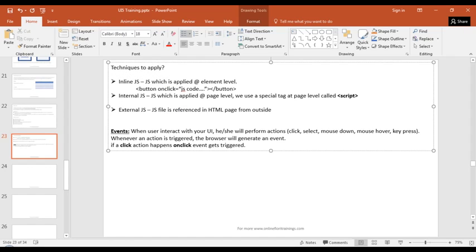So let's first have a look at a couple more interesting FundaFoxes related to JavaScript. Three techniques: inline, internal and external JavaScript. Inline JavaScript is where you put the code inside at the element level. Internal JavaScript is where you put it in the script tag at the page level. External I will also show you. We use the same script tag but a different technique. Events we are clear on. Now let's create our first JavaScript page with a simple button, and on click of that button we will display some output. So let's quickly look at output functions